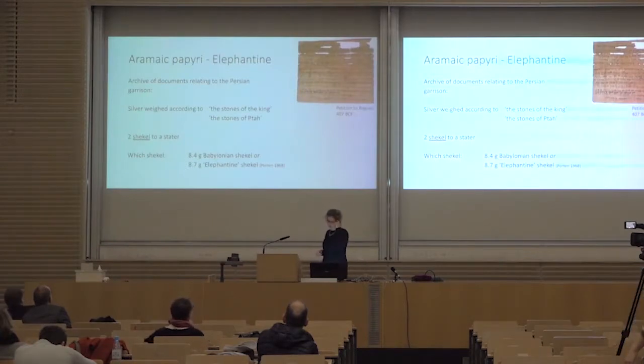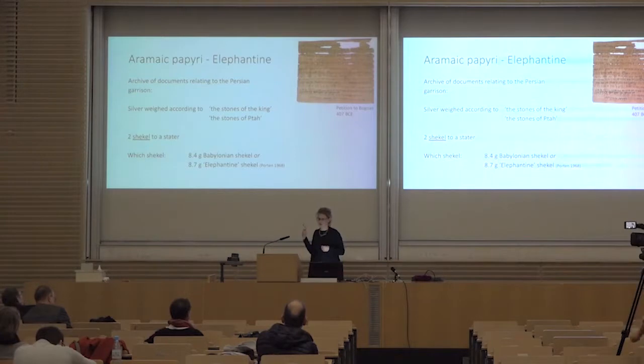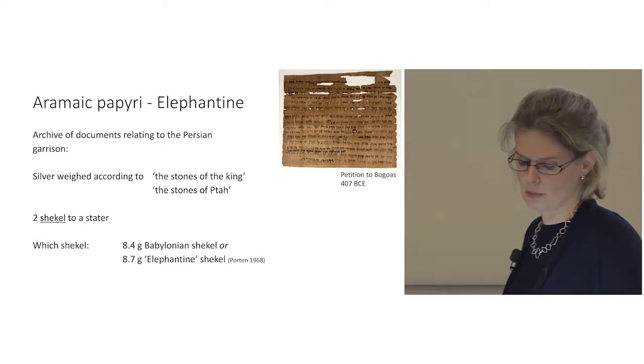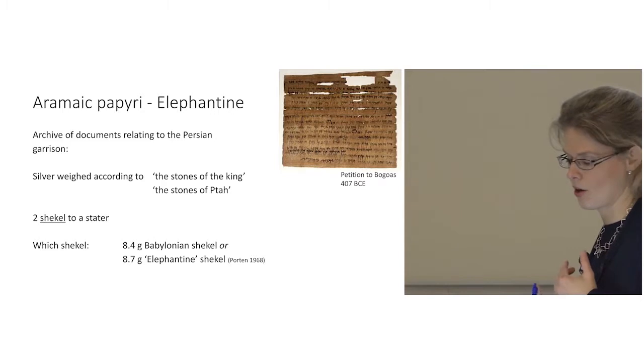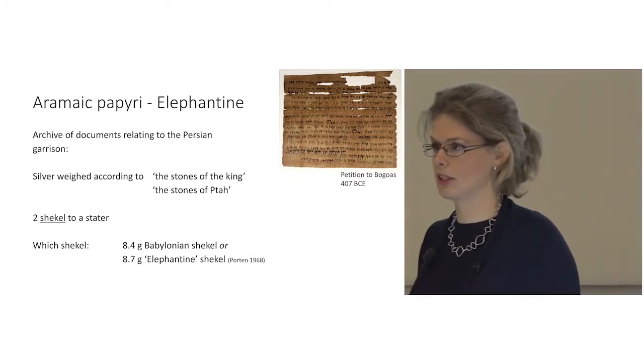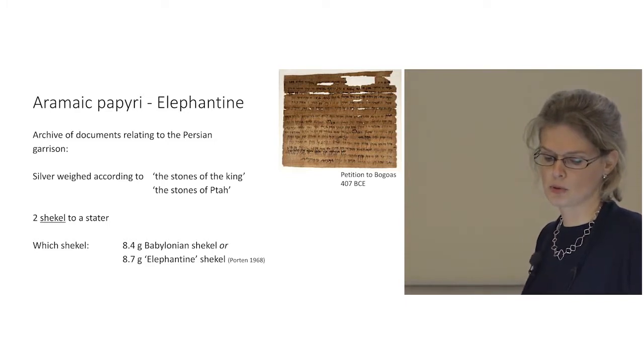The same goes for, there's a striking parallel with the Aramaic papyri that I just showed you, a much older document. This is more or less contemporaneous, this petition, but I give it to you as an example of what it might look like. And again, the oldest reference in the Aramaic archive of the Elephantine garrison in the southern outpost in Egypt talks